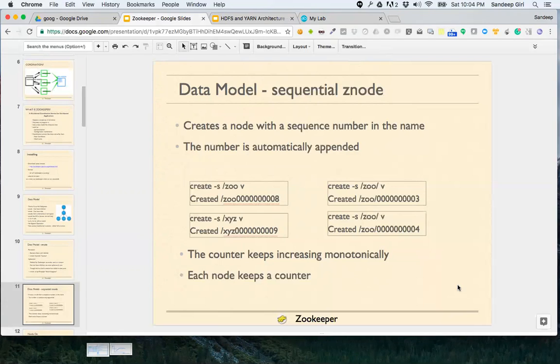When you raise a ticket with your internet service provider, they give you a ticket number. Similarly, when you compose and send an email in Gmail, a new number is given to the email. So the whole world works on sequential numbers.